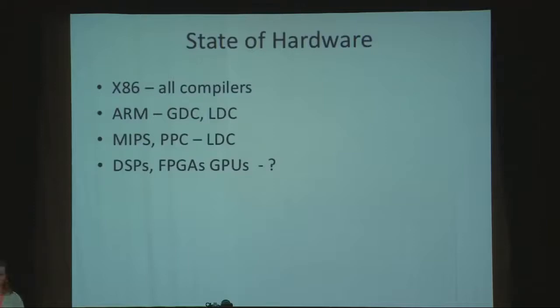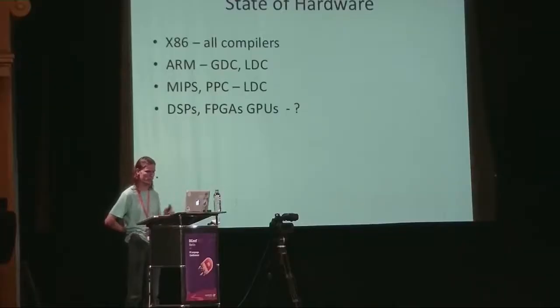In terms of the hardware that's accessible for you to program in D, all of the major compilers support x86, which is good, because most of these machines, I'm assuming, are going to be x86. GDC and LDC have support for ARM. I don't know about the rest of the other targets. In theory, LDC also supports MIPS and PowerPC. I'm not sure how well that's targeted. But so far, so CPUs.